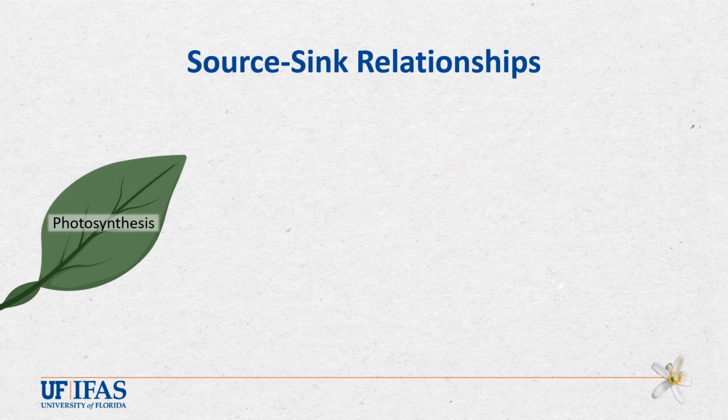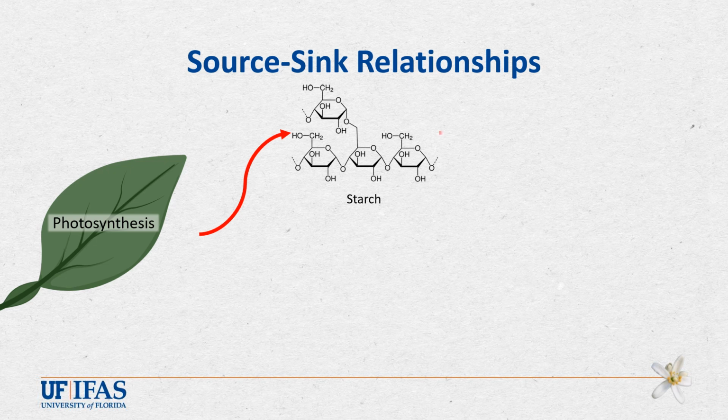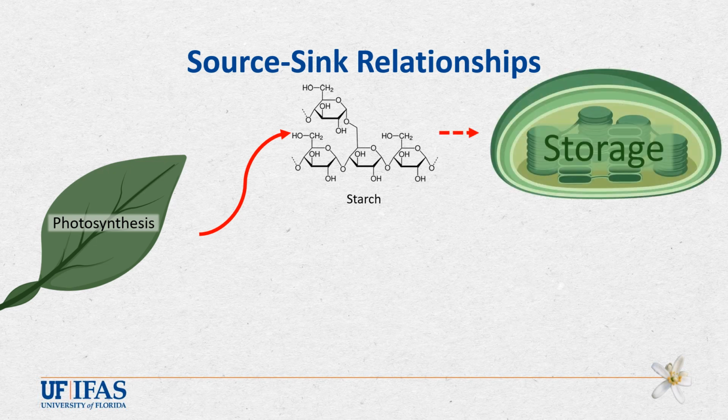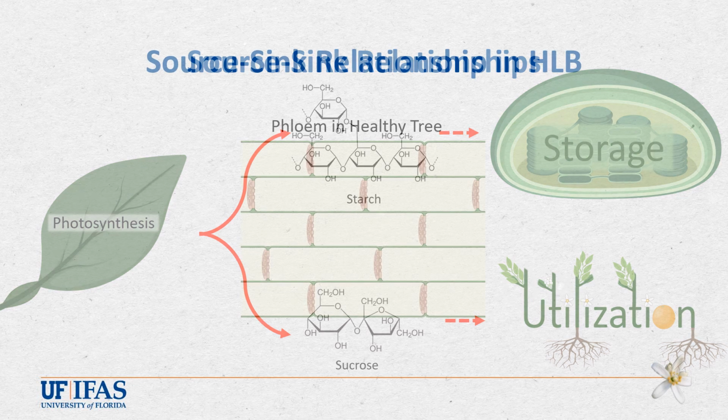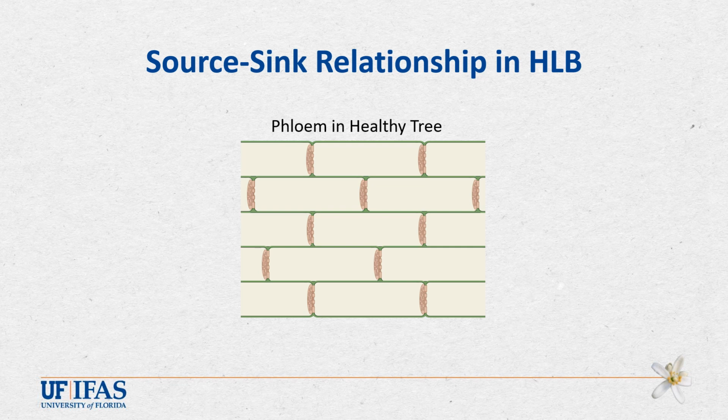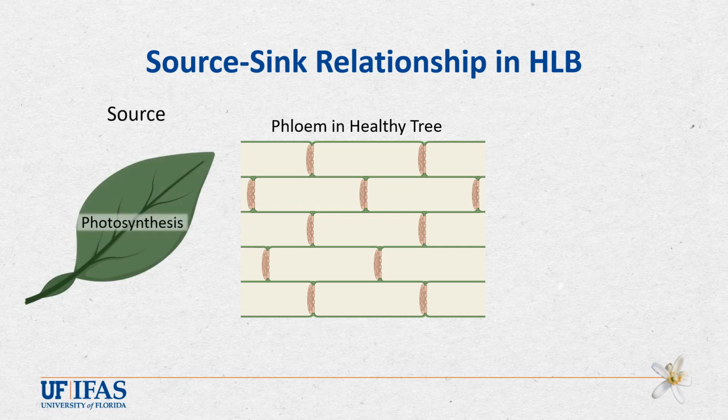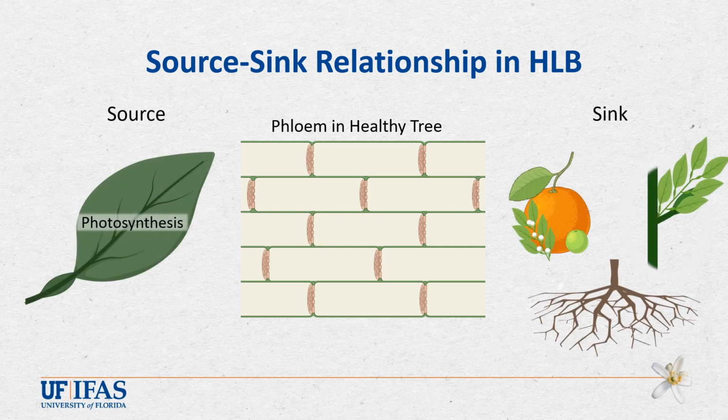During photosynthesis, leaves produce sugars that can be converted to starch, which serves as a storage form of carbohydrates until they're needed. Or these sugars can be utilized to support all manners of plant growth. As leaves serve as the site of production, they are considered a source of carbohydrates. The organs that import carbohydrates for utilization, whether it be new flush, roots, or fruit, are considered sinks. The movement of carbohydrates from source to sink is critical for new growth.